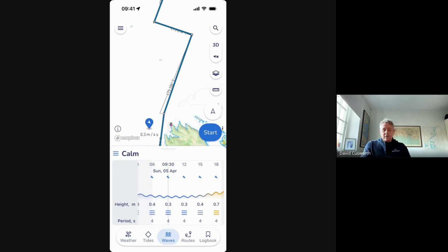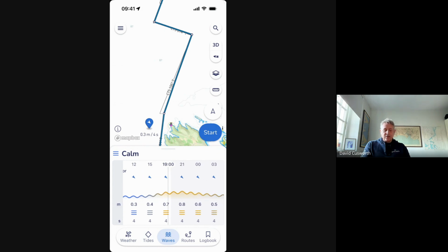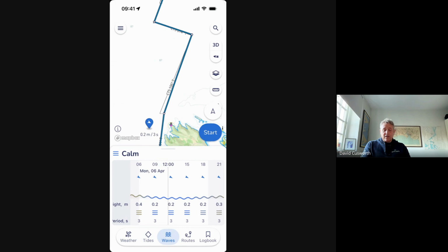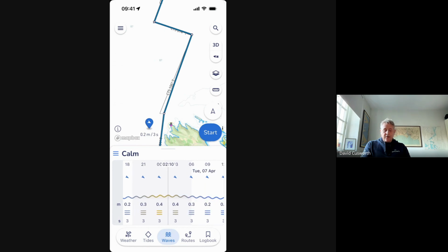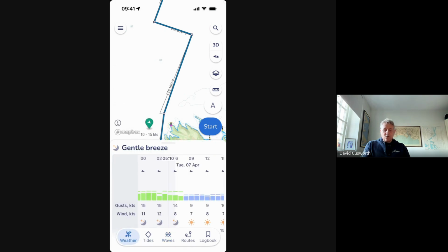So by using in the Mediterranean, the tide is probably less vital for you, but using weather and using waves, it gives you a really nice visual indication of when is a great time to be out and when isn't. So Monday's not too bad. Then it starts to pick up again a little bit overnight. Tuesday's looking nice as well. So by just flicking between the weather and the waves, I've got a really nice idea about the kind of